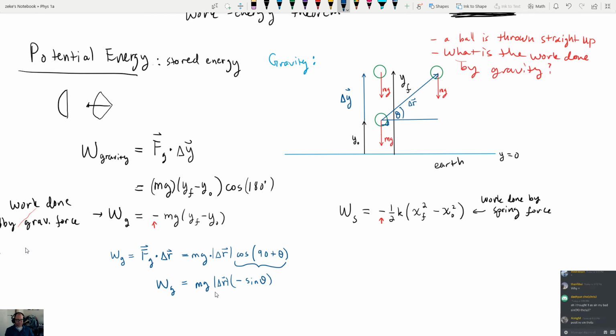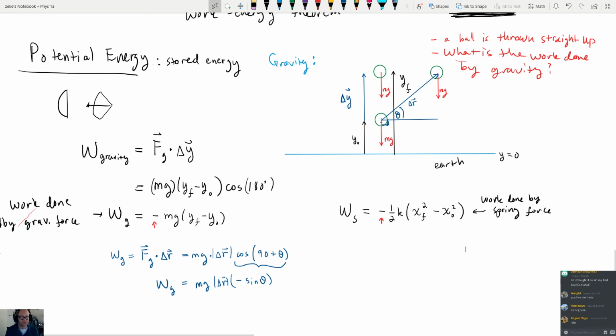So, while you all are trying to look at it, is it positive sine theta? Sine of 90 minus theta is, look, so I know that this is true. Cosine of 90 minus theta is definitely equal to sine theta. And I'm pretty sure cosine of 90 plus theta is equal to negative sine theta. Okay, yeah, you're all agreeing. That's good. Okay, now if we go back and look at our picture,